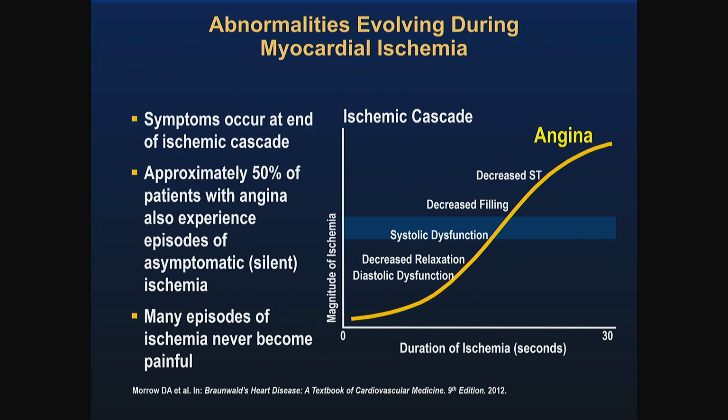Now, when one thinks of ischemia, we often think of angina as the classic symptom. And you can see that symptoms like angina actually occur at the end of the ischemic cascade. And so when somebody is having cardiac ischemia, the first thing that actually happens is there's an impairment of diastolic function where the left ventricle won't relax appropriately. This leads to increased filling pressures, then combined with systolic dysfunction can lead to symptoms such as shortness of breath. And then there are often manifestations on the EKG, but the classic angina really does come at the end of